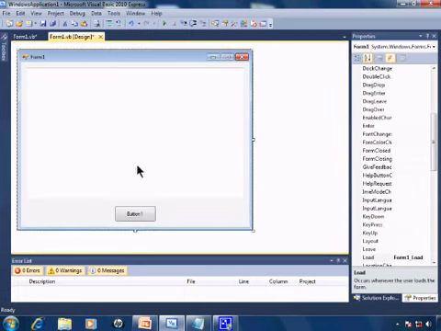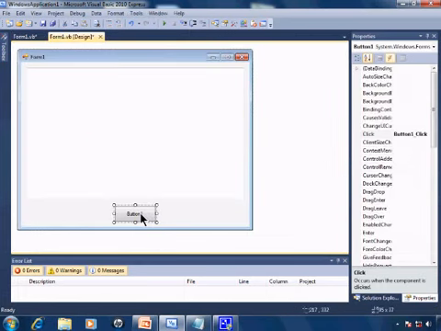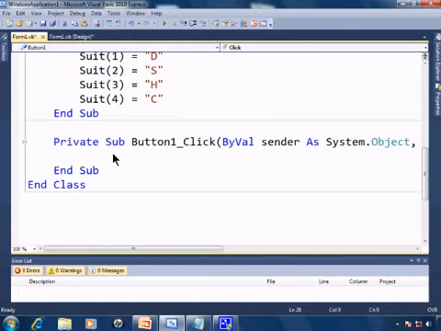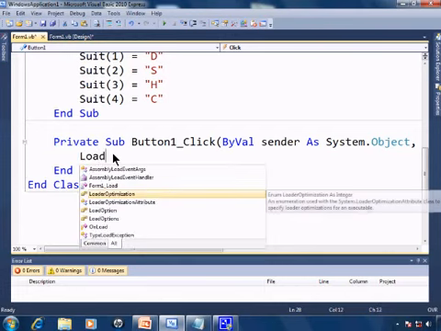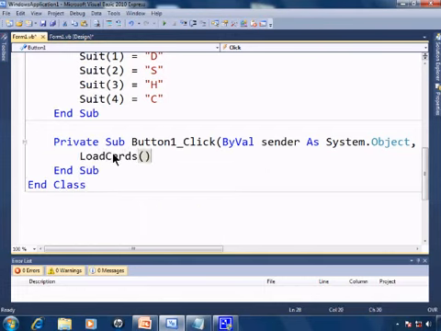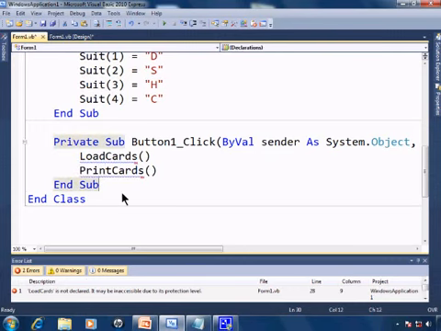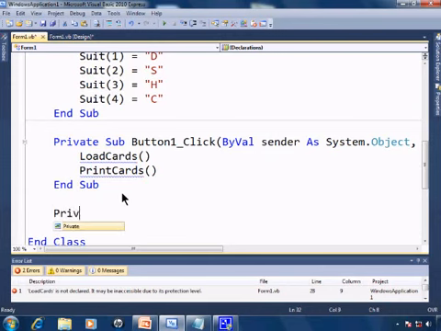I'll go back to form 1 and double click on button 1. I don't need the properties anymore, so I'll just auto hide them. So I'll create 2 subs, one for load cards and one for print cards. So therefore we'll load the cards array and then we'll print the cards out to the text box. So I'll go ahead and create the private subs now. Private sub, load cards,